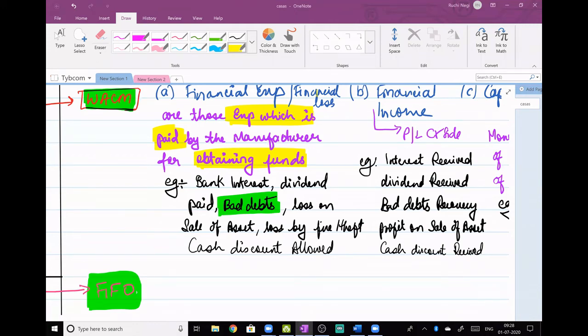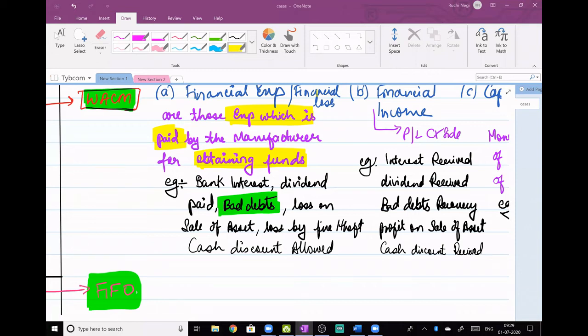Why? Because the other logic says that, what is the other logic? Suppose I am a manufacturer, I did a credit sale of say 50 lakhs rupees. Out of 50 lakhs rupees, I have recovered 45 lakhs from my debtors. One debtor of 5 lakhs rupees I have not recovered. I gave him several reminders, but he didn't have money. He declared himself bankrupt and 5 lakhs ka mujhe nuksan ho gaya. The customer did not pay me because he was declared bankrupt.